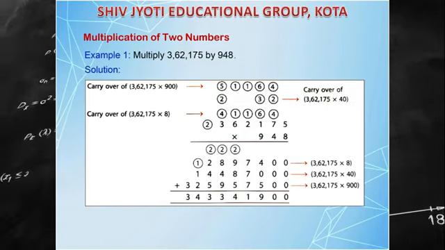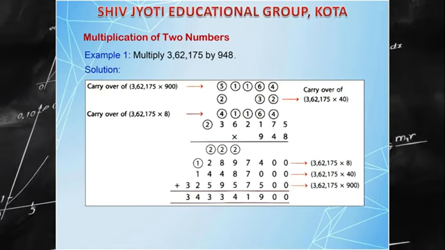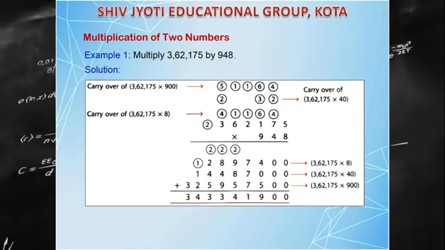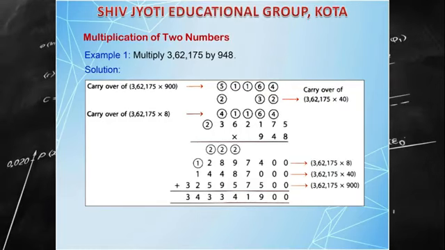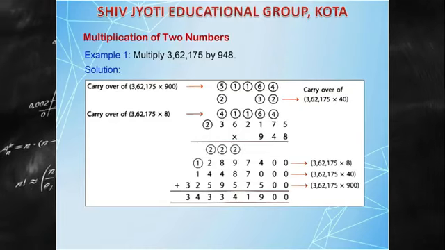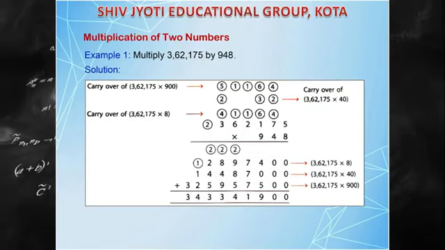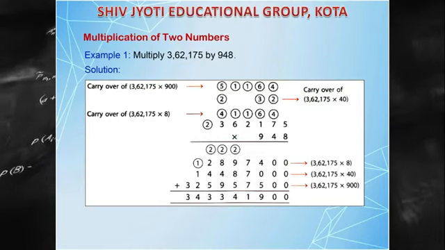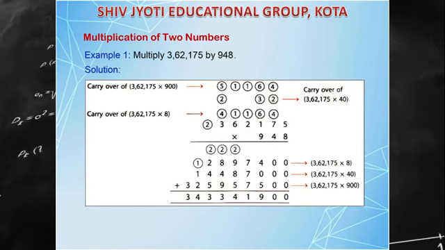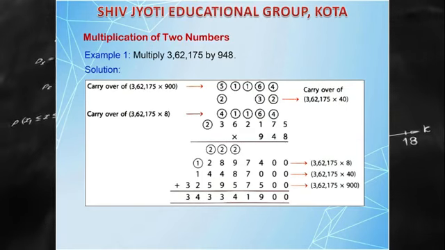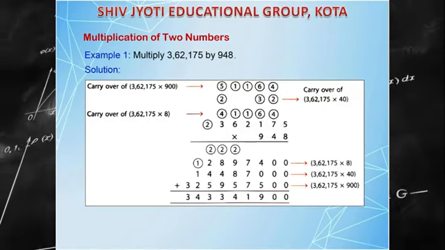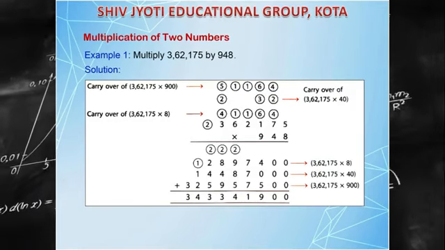So we will multiply 8 by 3,62,175 starting from the multiplicand's first digit also. So we do 8 multiplied by 5, which is 40. 0 is written here and 4 is carry over. Now 8 multiplied by 7 is 56 and plus 4 is 60. 0 is written here and 6 goes in the carry